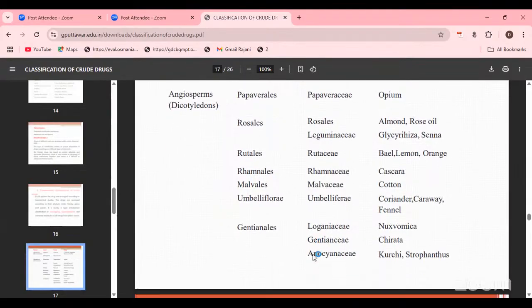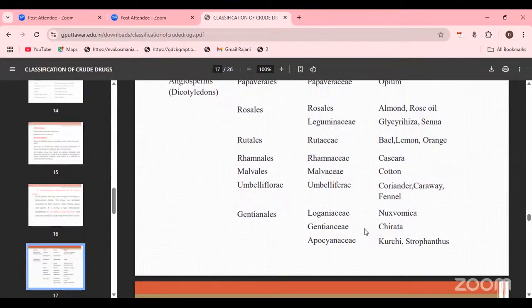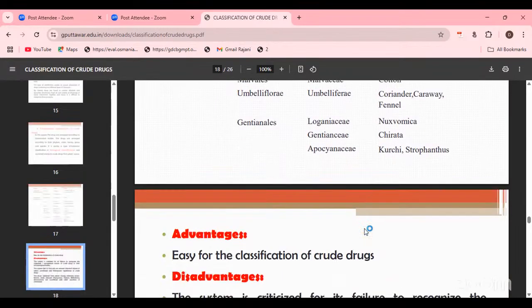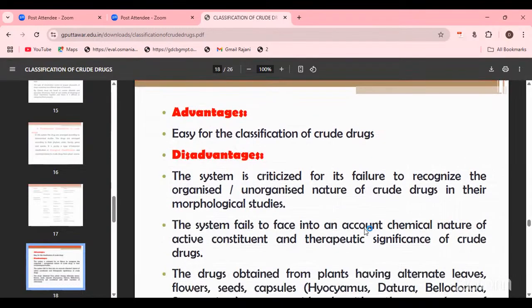Details: Loganiaceae, Apocynaceae, Nux vomica, Kirata, Kurchi, and Strophanthus. What is the advantage? It is easy for the classification of crude drugs. Disadvantage: the system is criticized for its failure to recognize the organized and unorganized nature of crude drugs in